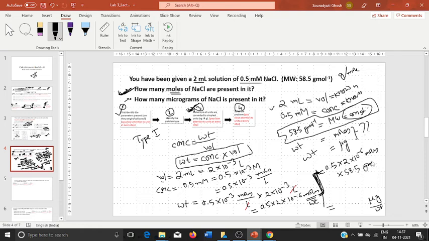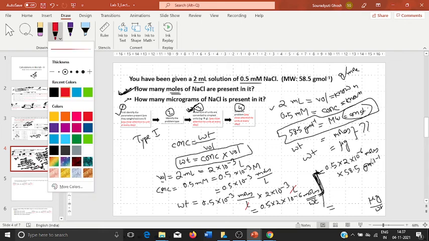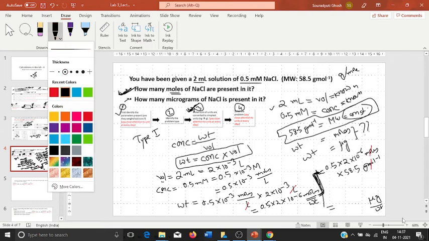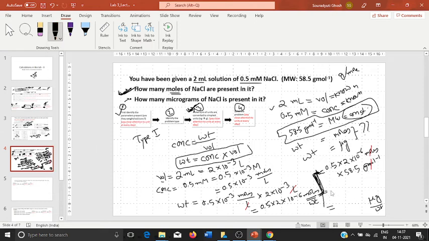So this is gram per mole inverse. Now mole inverse and moles are cancelled, and you end up with a unit of grams, right? That is what you want in your final answer. So you are getting 0.5 into 2 into 10 to the power minus 6 into